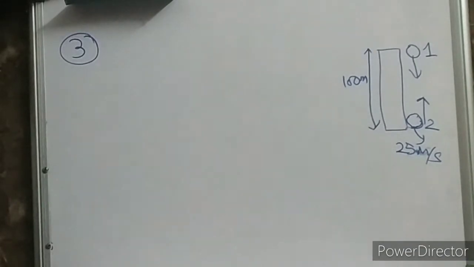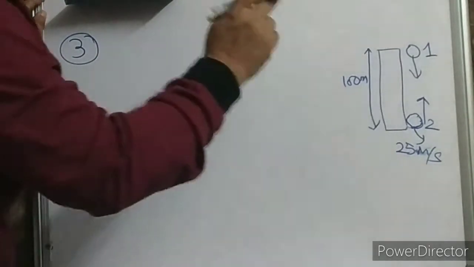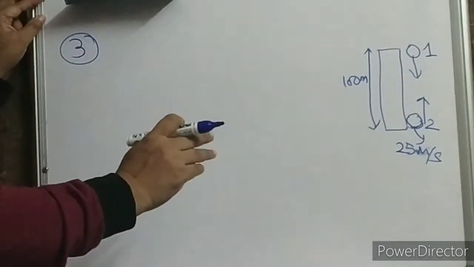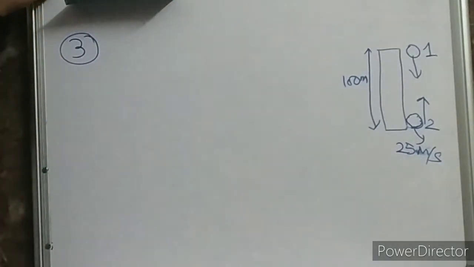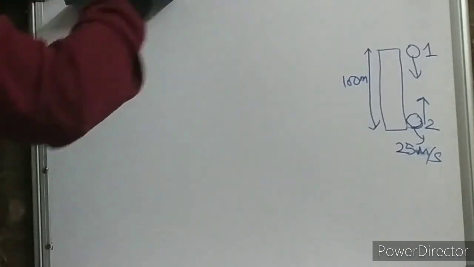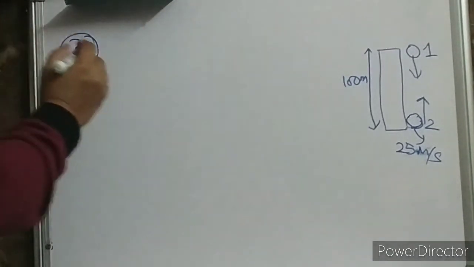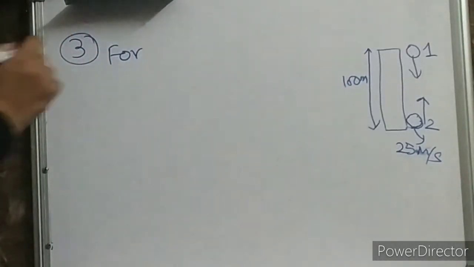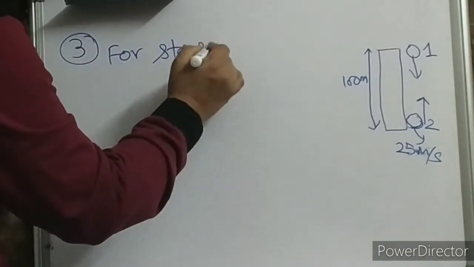Now what you have to calculate? You have to calculate when and where the two stones will meet. When and where. At what time they will meet, because one is coming down, one is going up, and at what place they will meet each other. G you have to take as 10 meter per second square. Okay, how to do? Can I start, children? If you want to try, you can pause the video and solve. Otherwise, just follow. I will still suggest pause the video and try to solve. If you are not getting it, you can do it like this.